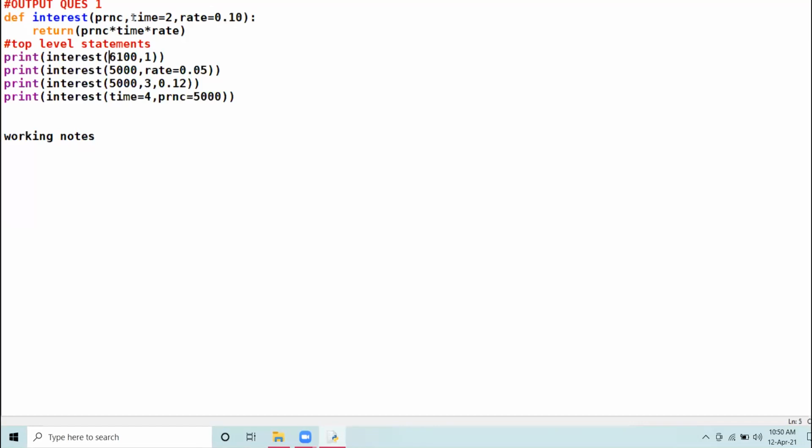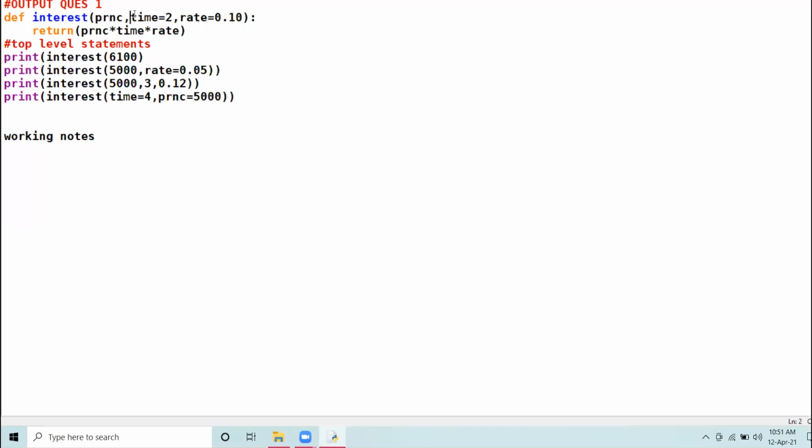You have a default argument here too. You have a default value of the rate here. Now one thing is, if you have given a default value to any variable, you can skip that argument from the function calling, and you must give the value of the positional argument because that is compulsory.